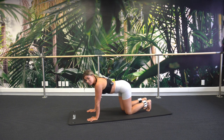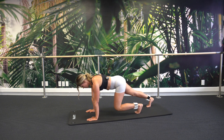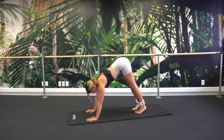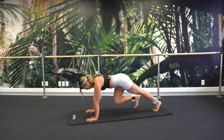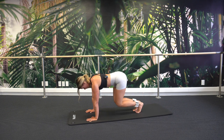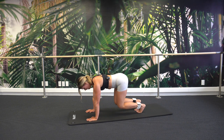So we're gonna come up into a full plank position. So all the way up on those hands and those toes. I want you to take a step into a hover. And from here, we're gonna push back into pike. Coming back into that hover, step back into your plank. And step forward again, hover, push back into pike, come back through hover, step back plank, step back to hover,